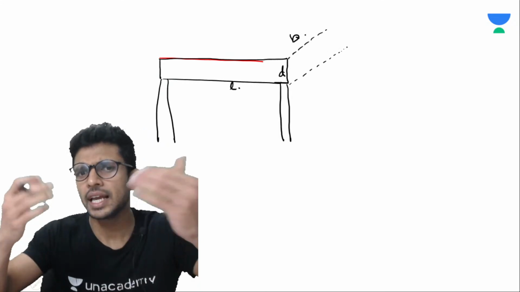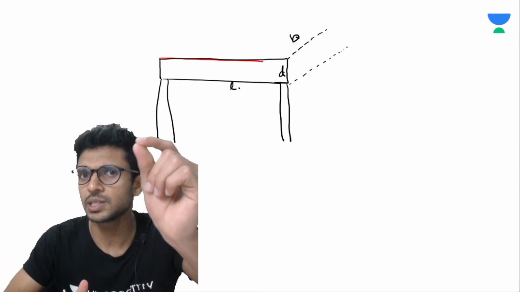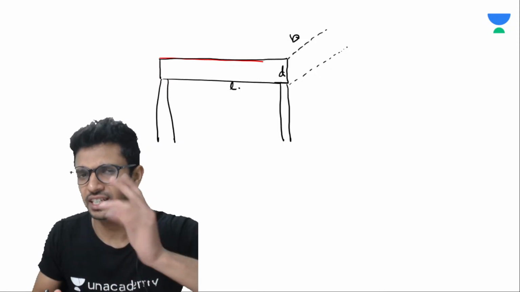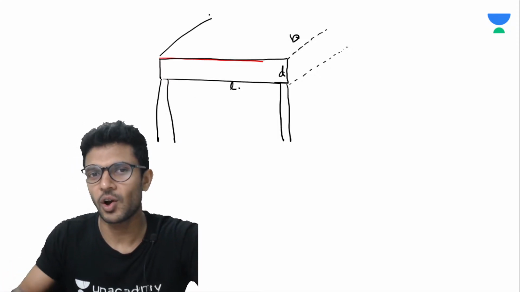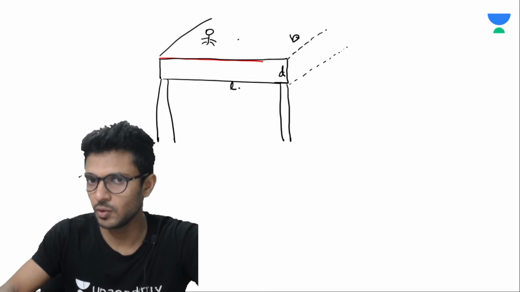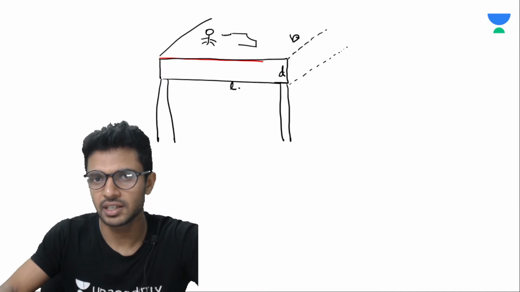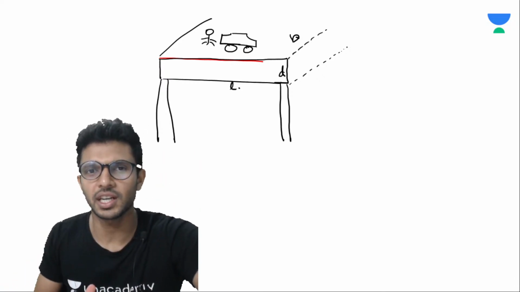Now let's see where, during the construction of a bridge, we have to apply the concepts of elastic behavior of materials. Look, this is our bridge, bacha log. What happens on the bridge? Obviously vehicles will start moving. Let's say people will be walking, and there will be a car moving, looks like a car, I suppose. So everything will be moving on this particular bridge.